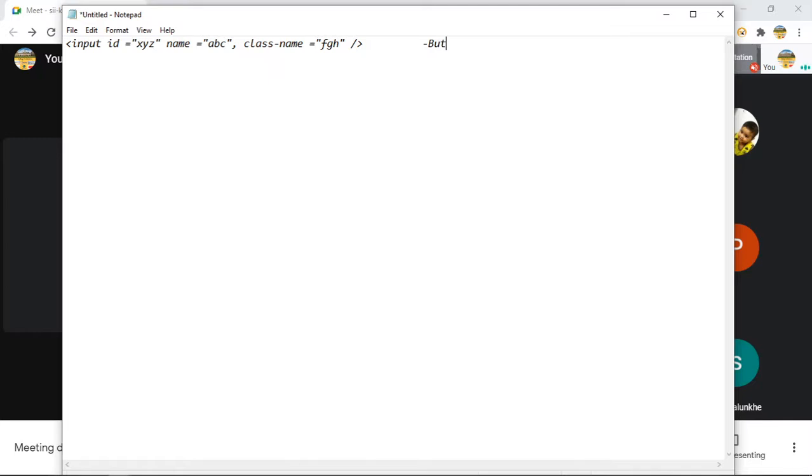For the button, just assume there is one line which is this. So you can use the ID locator, you can use the name locator, and you can also use the class name locator as well, right?